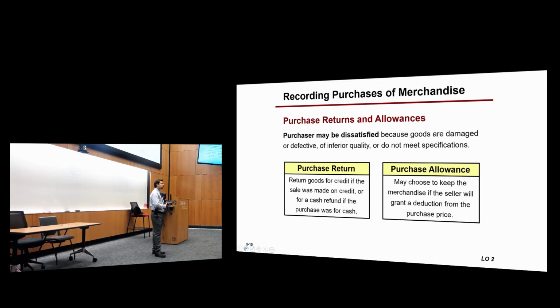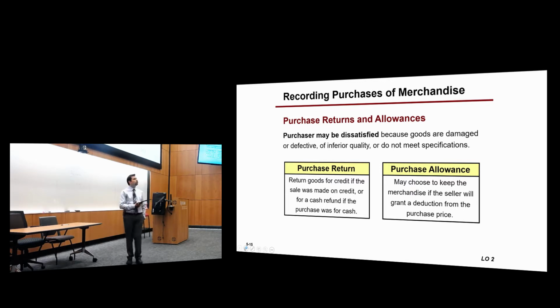Because it's defective, for example, let's say that you bought a TV and there was a dead pixel in it, or it was scratched or dented. You might ask the seller to return it, they might give you an offer to keep it, and they will discount it by $100. If you don't care about the scratch in the back, you say, okay, I'll keep it. So those are treated differently.